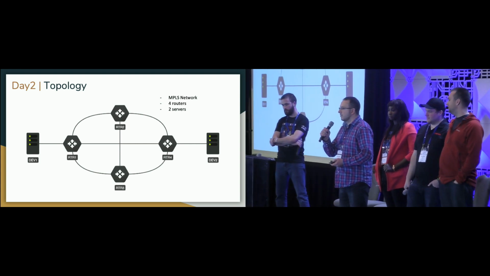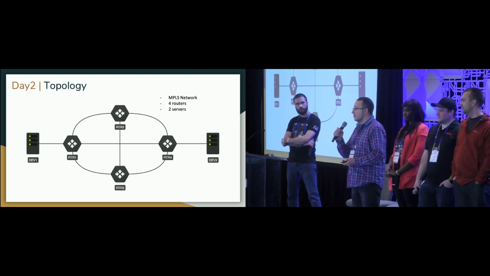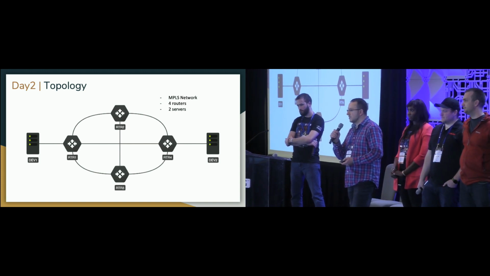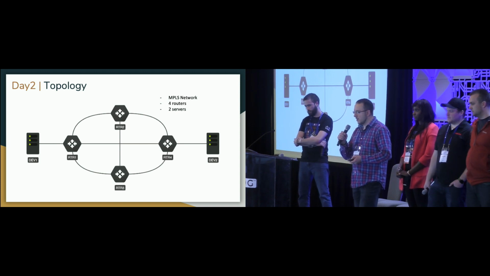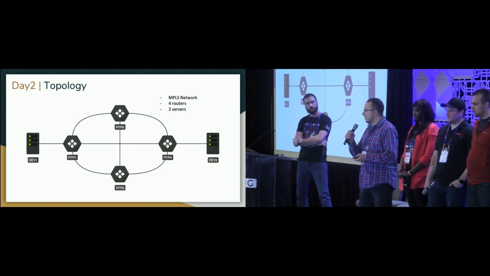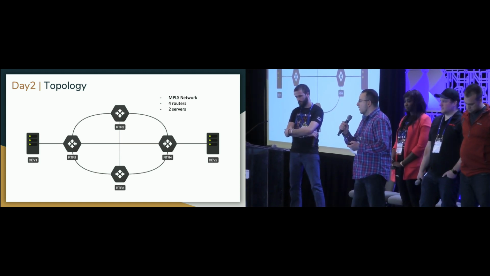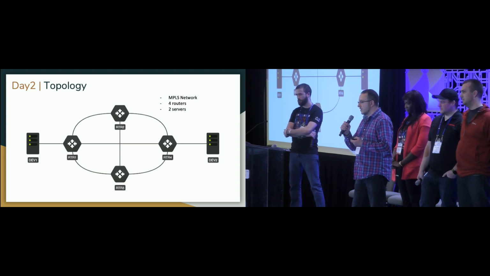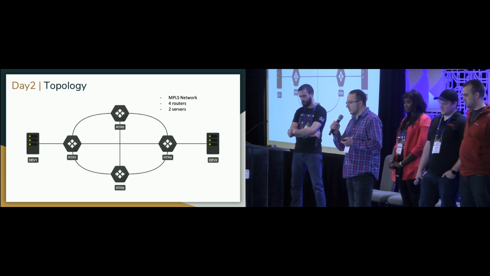So the goal of day 2 was to create a controller and use that controller to inject routes into the device RIB and MPLS database. All the routers that you see here on the screens are streaming telemetry to a Kafka bus, which was set up by the day 1 team, and we set up a parser that's listening in on the same Kafka bus, listening for failures and injecting routes and creating LSPs based on network availability.